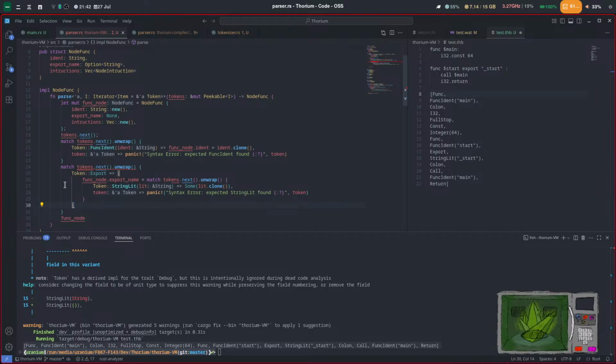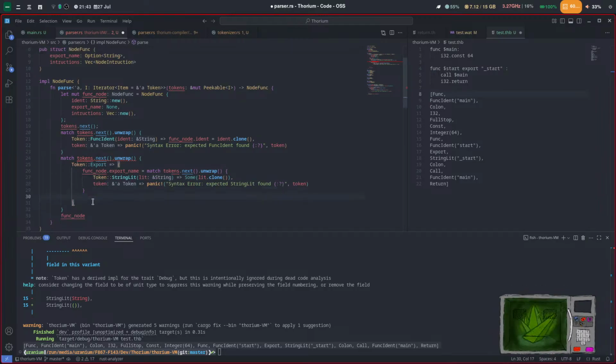And then exports, yeah. Right, it's either an export or it's a colon, and right. So then after we do this, we get the export name. We should also find a colon here,